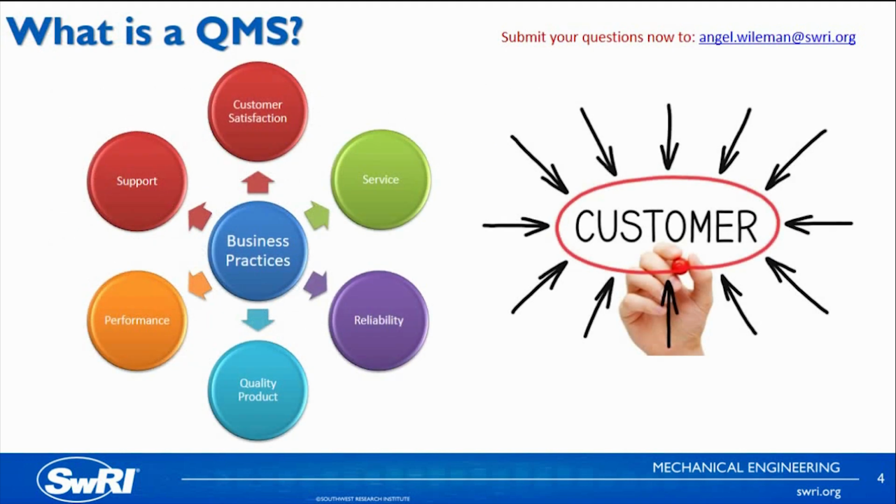If you boil a quality management system down to its most basic function, it is a collection of business processes focused on consistently meeting customer requirements and enhancing the customer's satisfaction. Essentially, it's about doing what it takes to achieve customer satisfaction. So aside from attaining customer satisfaction, why might you want to use a quality system? Well, this could be based on external requirements, such as a customer's requirement that you adhere to a certain standard for quality management systems,